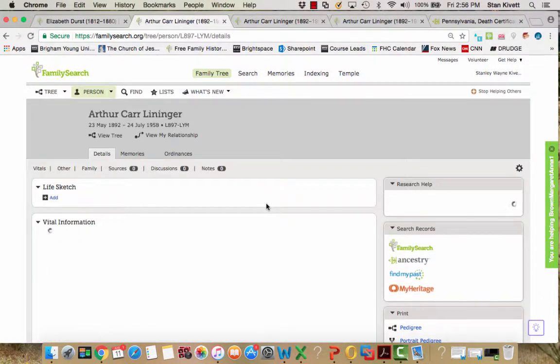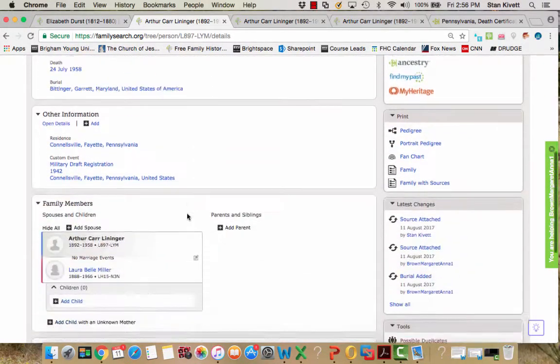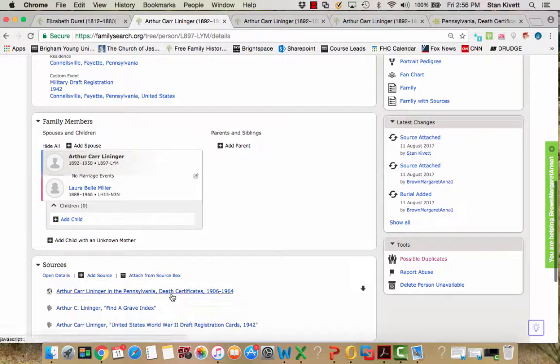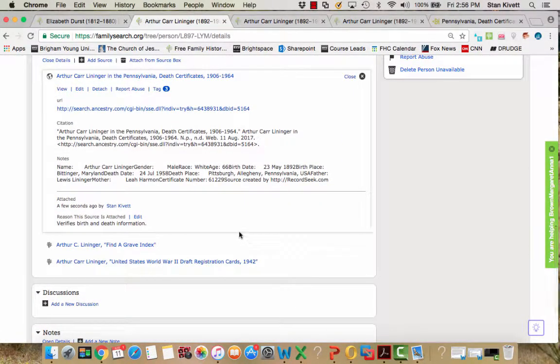Arthur started this process with no sources, and now you'll notice that he has three: the two record hints that I attached and the death certificate that I just attached. Now on that death certificate I had that he was born in Bittinger, Maryland.